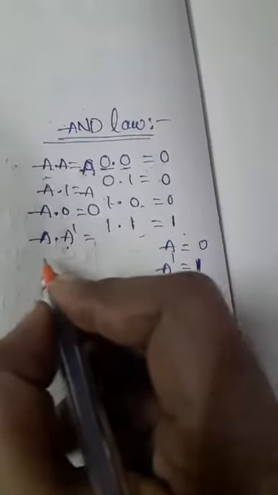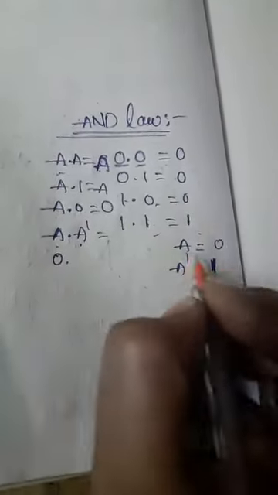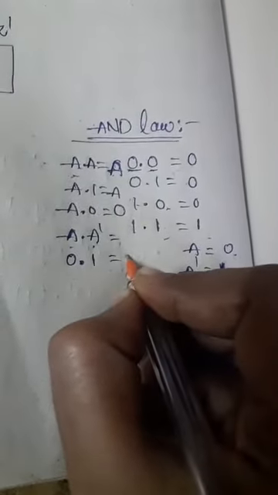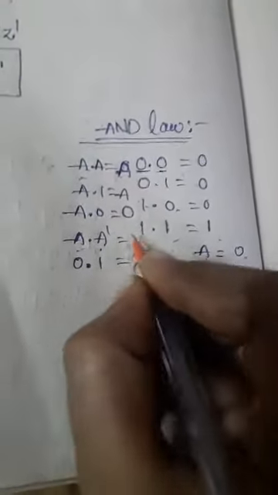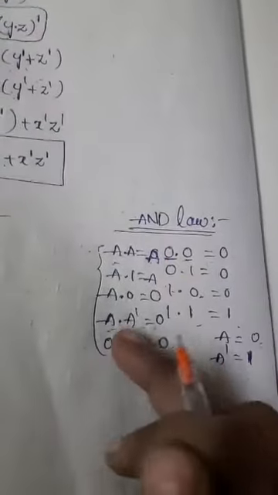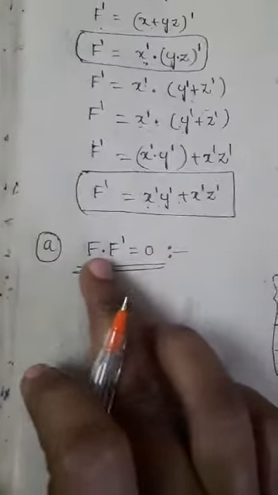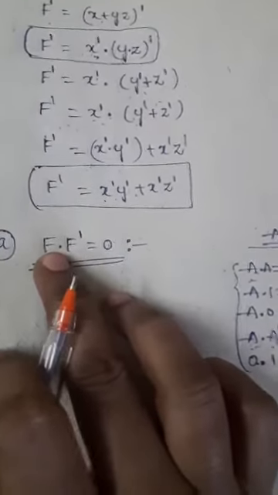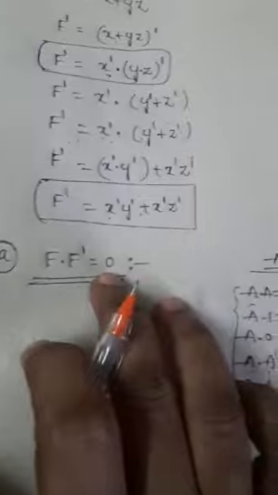So a is equal to 0, a complement is nothing but 1. So 0 into 1 is nothing but 0. That means a into a complement is 0. Okay? So these are the AND laws, right? So depending upon the AND law, directly we can say that a into a complement is 0. Like that here also, in the place of a we have f, f into f complement is equal to 0. So that is the one rule in the Boolean laws, related to the AND law.